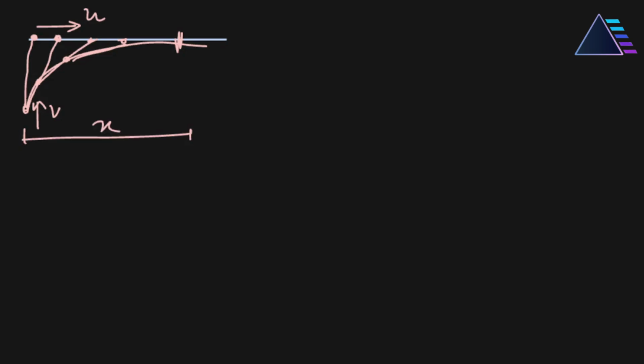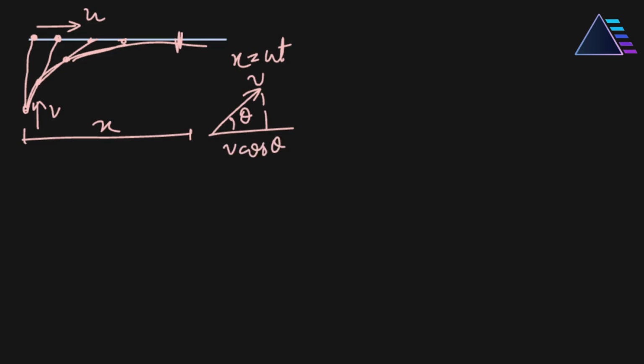Now, since we know that after time t it will be hit, x is equal to ut, right? Now, we also know that the velocity vector is making an angle, let's suppose theta, with the horizontal. So the velocity vector is v like over here, and its x component is v cos theta,